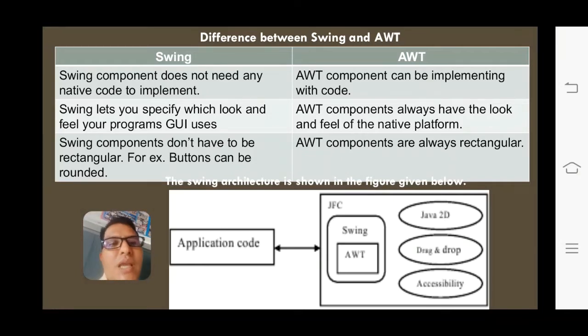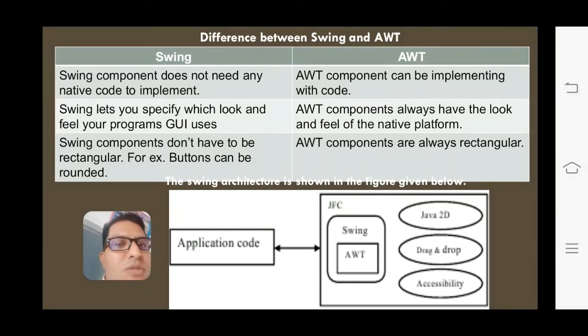Here you are seeing one of our application code diagrams. Whenever you are developing a software by using certain codes, the user interfaces can be developed by using the Swing components. These Swing components inherit the JFC foundation classes, and it is an extension of AWT.